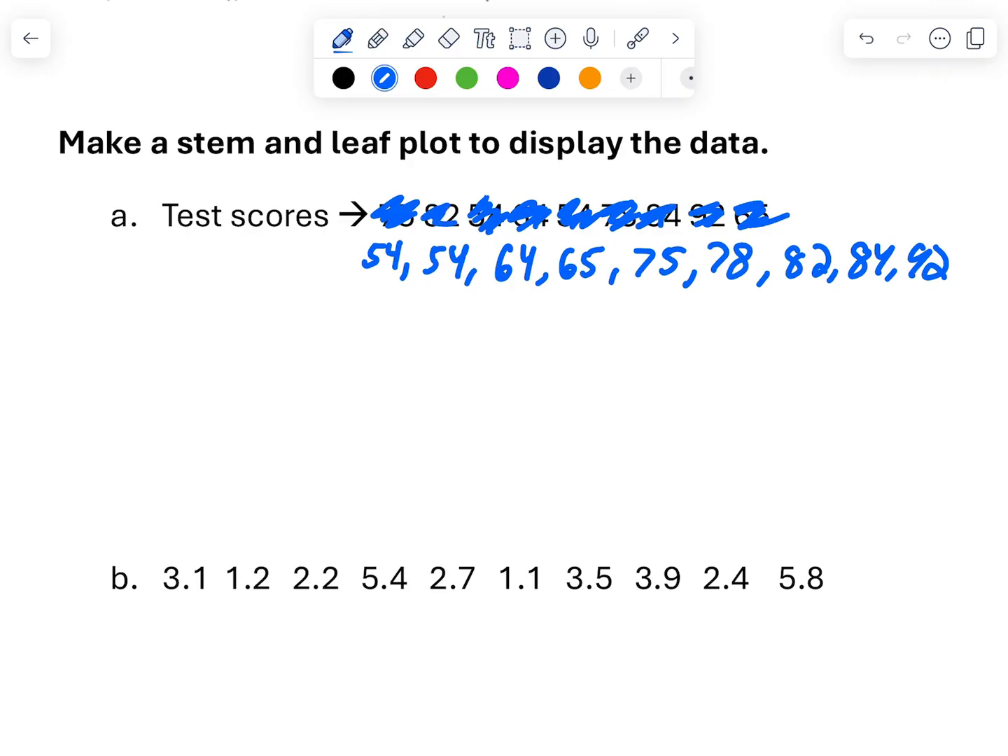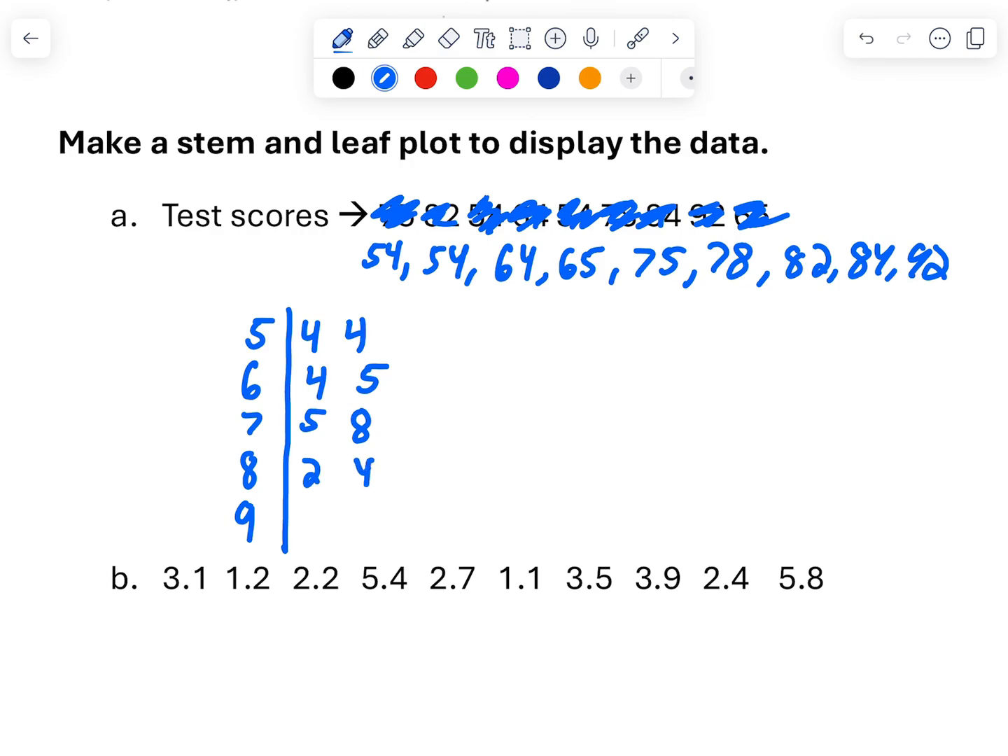I see the smallest in the tens place is in the 50s, and the biggest is in the 90s. So for my stems, I'm going to draw a vertical line. I know I need a 5 up to a 9. If your numbers are repeated, you do want to show that in your stem and leaf plot. My first two numbers are 54, so I'm putting a 4 here and a 4 there to show the 54 twice. For 64, I'm putting a 4, 65, 75, 78,